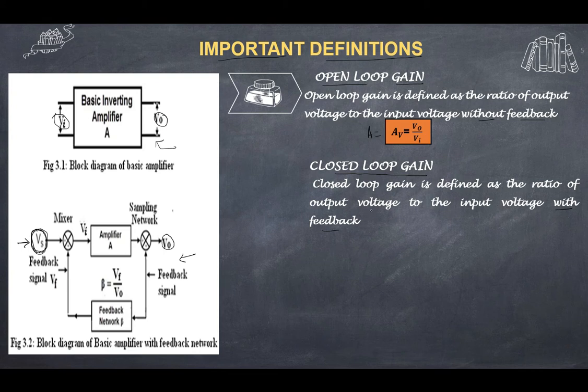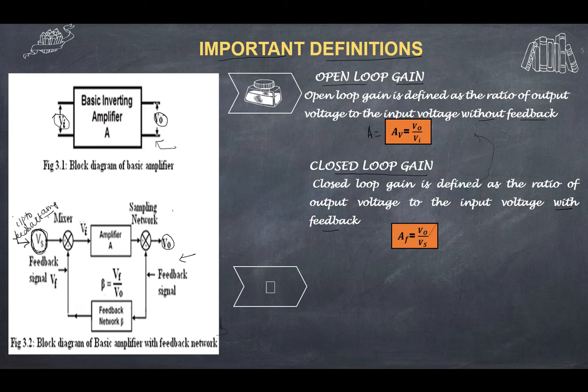When I say with the feedback, it becomes Vs. Sometimes this is also called as input to feedback amplifier. That is how they mention in problems also. So we need to know the difference. If I say input to amplifier, it is Vi. Input to feedback amplifier, or anywhere it is mentioned that it is for the input to the amplifier with feedback, then it is Vs. So I can rewrite this equation as AF is equal to VO by Vs.